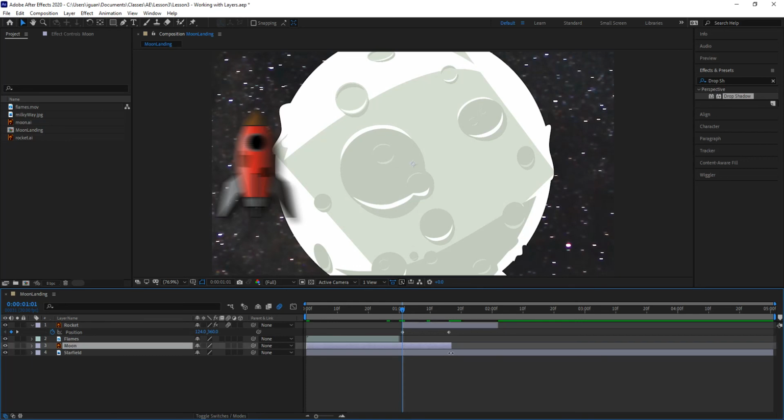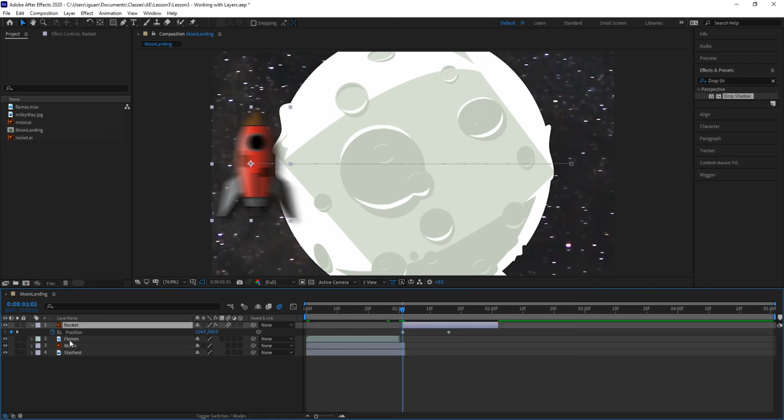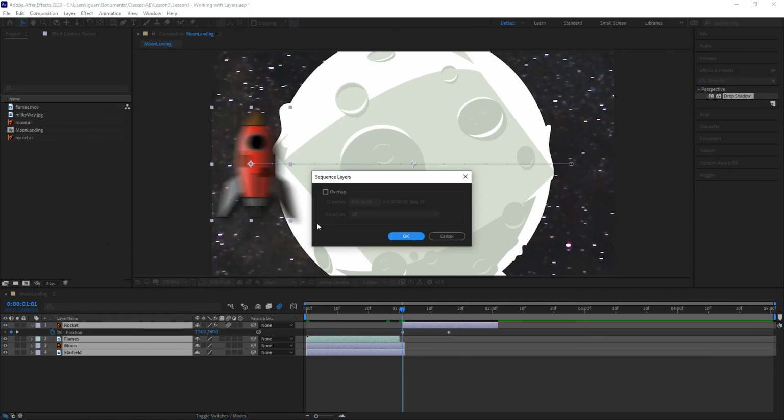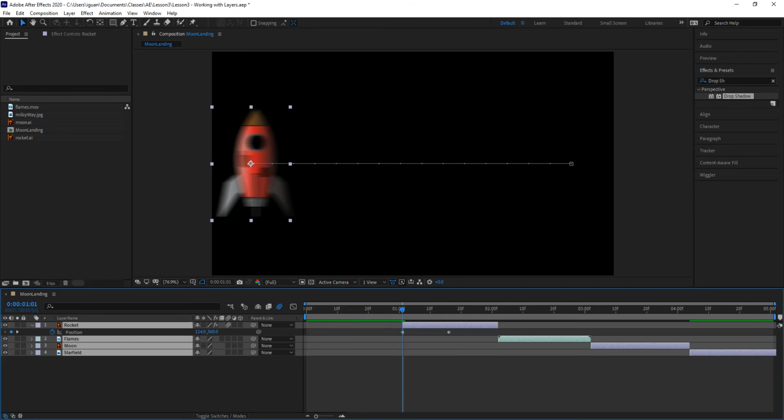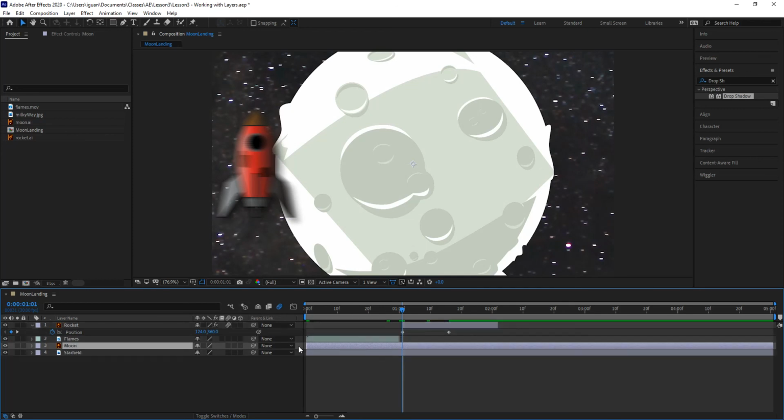Let me go ahead and reduce the length of these two layers here so that we have shorter layers. And then I'm going to select all of the layers. Then I'm going to go to Animation, Keyframe Assistant, Sequence Layers, and you'll notice that it asks how you want them to overlap for a certain amount of time. If yes, then click overlap and determine how many frames or how many seconds you want it to be, and whether you want to transition through dissolving or cross dissolving. Those would be the options. If you click OK, boom, they get stacked up in transition in a sequence format, which is what that would do for you. So Keyframe Assistant helps you quite a lot in terms of how you can manipulate those layers